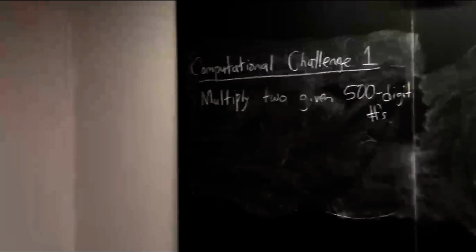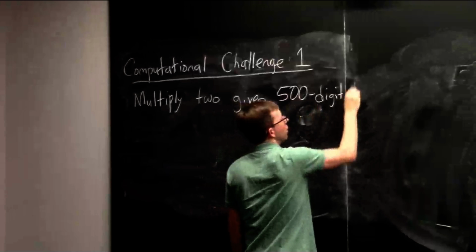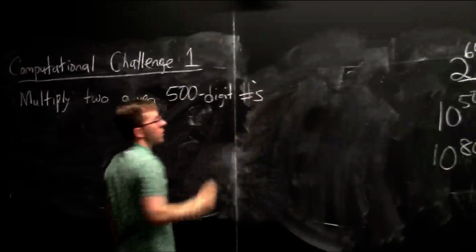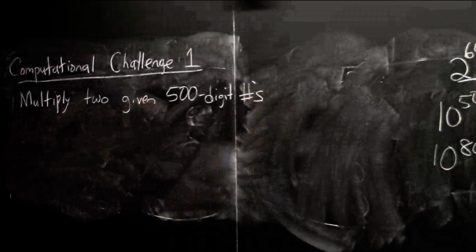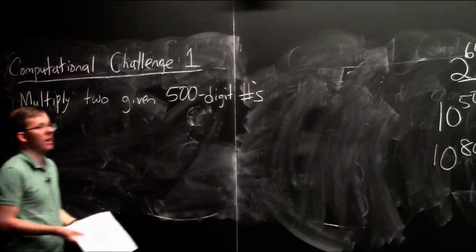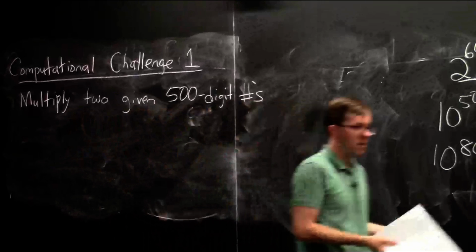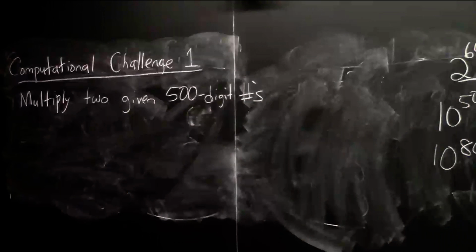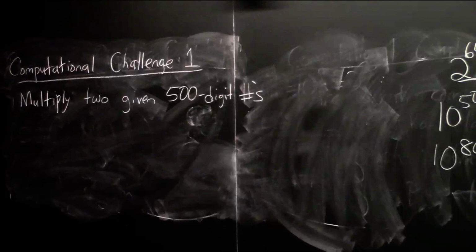Let's just think about how you would program a computer or build a circuit to do this task. Now, one thing you might say, if you were sitting in front of your computer and had to multiply two 500-digit numbers, is that your computer has a chip with a multiply instruction. So why can't I just use that? First of all, it evades the question of how the chip is doing it.